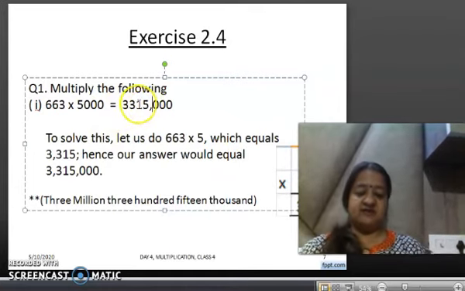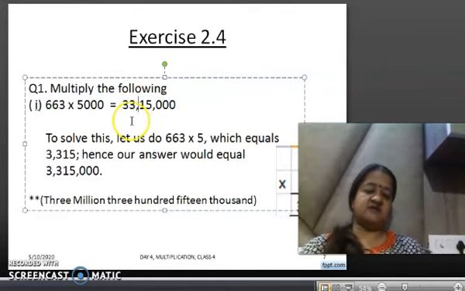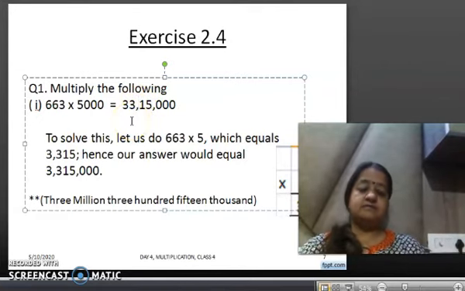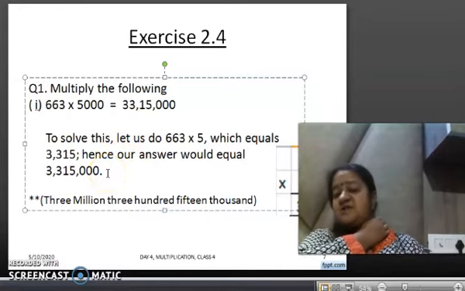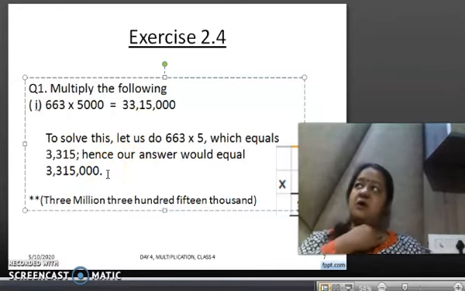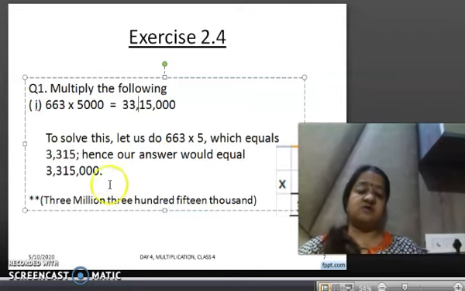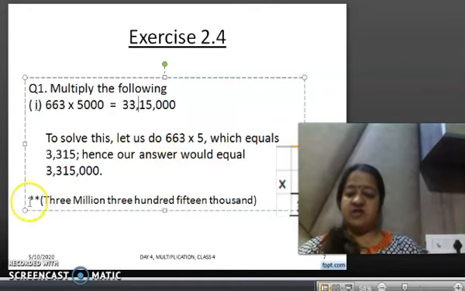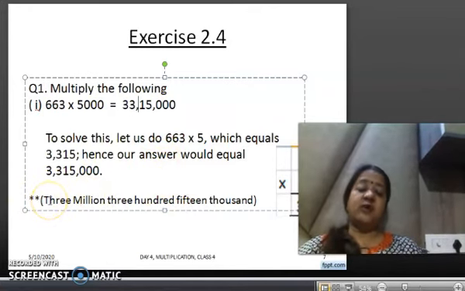I'll put commas so that I can read the number in the Indian system. Right? I've also shown you the answer in the international system because I have not specified. So you can give me the answer in both the systems. You need not write this. This is just for your reference. We shall not write this in the notebook. I put a double star. It's just the way to read it.